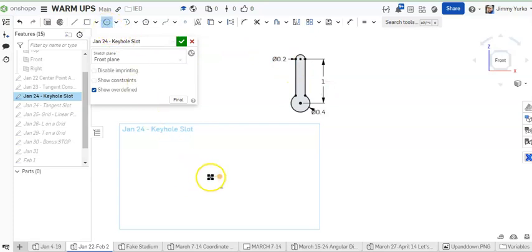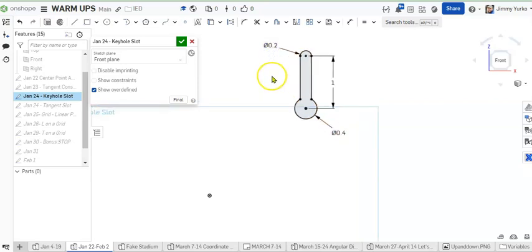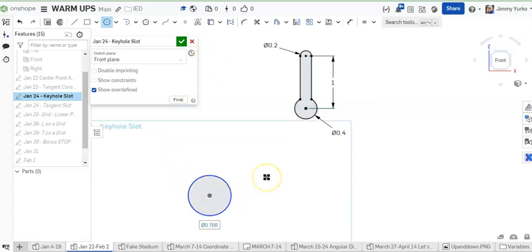So to make that shape here in Onshape, we're going to use the circle tool, and I'm going to draw two circles. You can see that I have a circle at the bottom that's 4/10 in diameter and a circle at the top that's 2/10 in diameter. So I'll take my circle tool, starting at the origin, click and release, move the mouse, click and release, and then I'm going to type in, before I do any other clicking, 0.4 inches